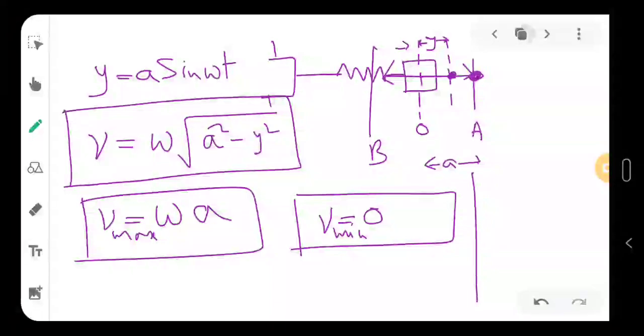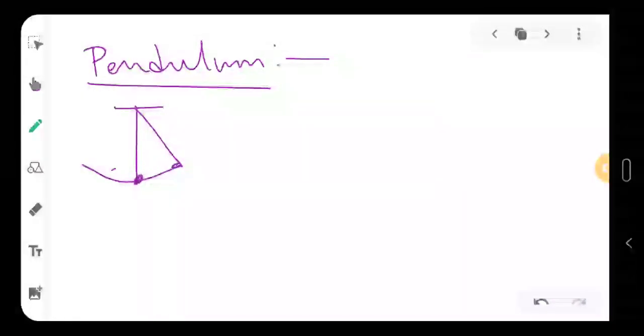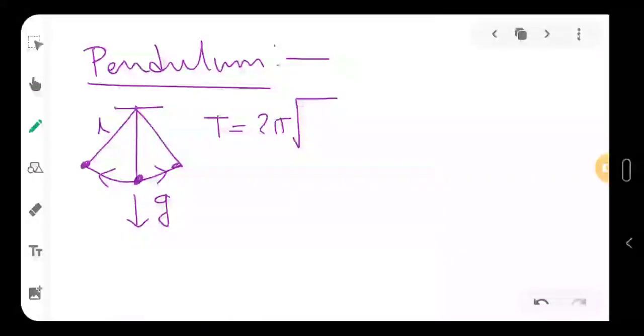Okay. Some more information I want to share with you, regarding the pendulum, and we will also do some maths using this. So in a pendulum, we know the time period: if you have a pendulum like this and it is oscillating back and forth, and the length of the pendulum is L, and it is under the influence of gravity g, then the time period is given by this easy formula.